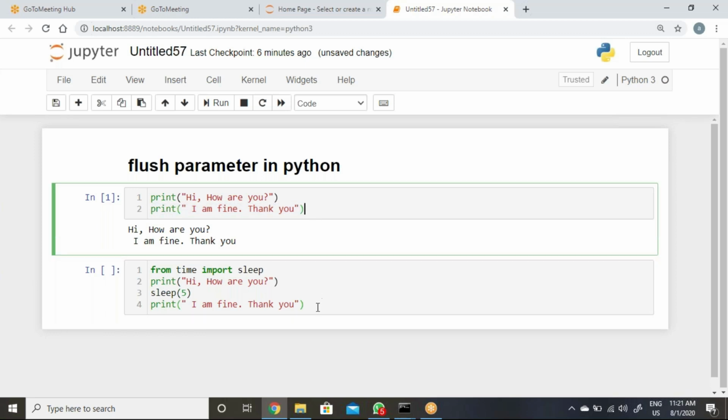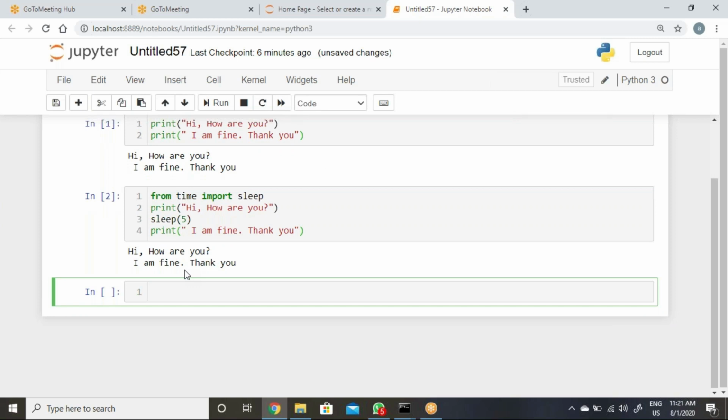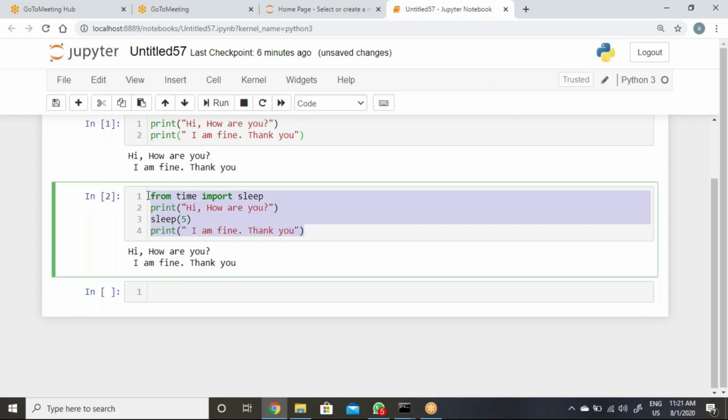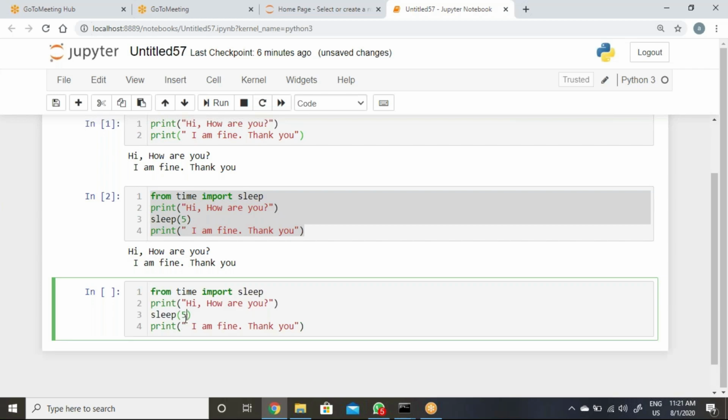Now when we execute, just understand here, see, hi, how are you is there. After 5 seconds, then I am fine, thank you will come. See, I am just repeating once again. Just I am taking here 10 seconds. Understand here, in this example, hi, how are you will display, and for the next 10 seconds it will be in sleep mode, then it will display I am fine, thank you.